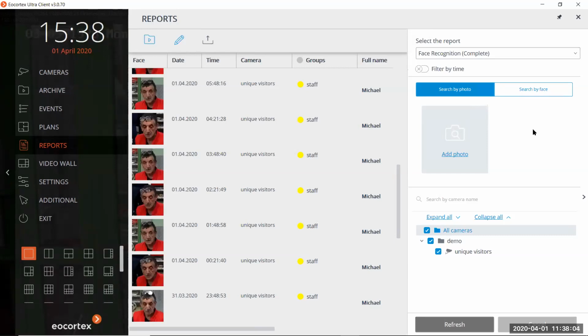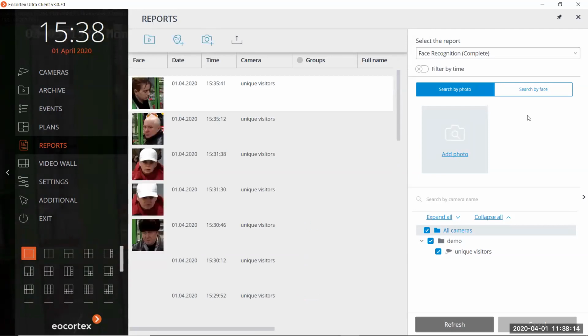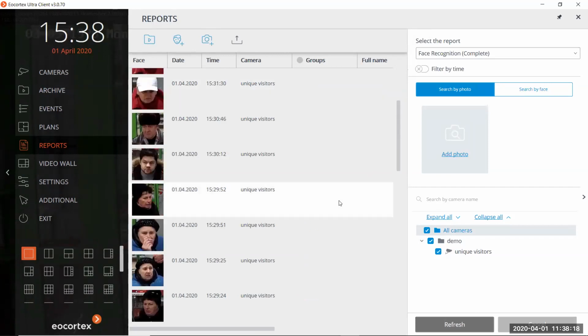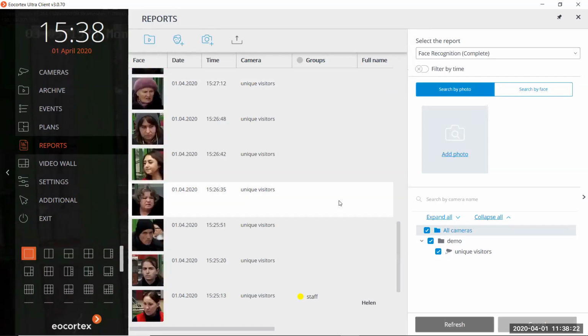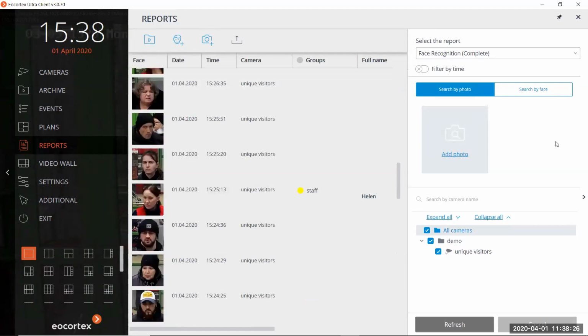In this case, we just upload his photo here and check if he was detected during this time on this site. And we can see if he was detected, and that will be proof for his words. Yeah, that's one of the ways how we can use that module.